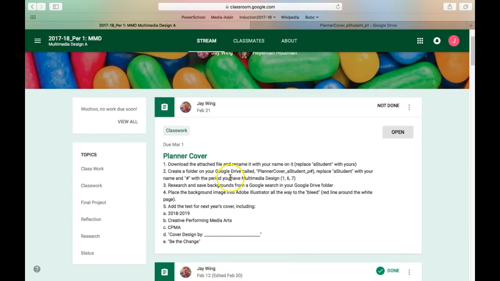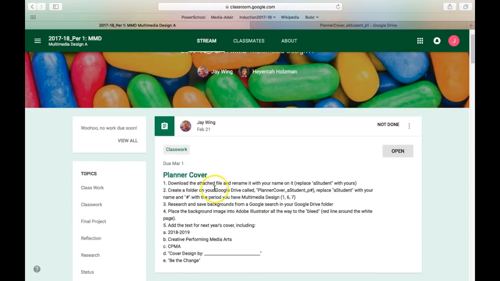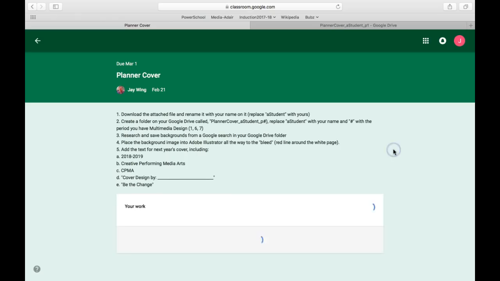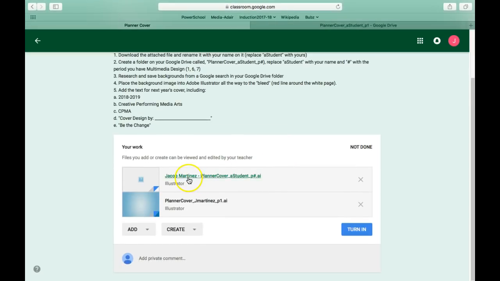In Google Classroom, all of the instructions are here. Download the attached file, which requires opening the assignment first, and then click on this. Notice that it already has your name on it. You're going to rename it to this because this is the naming convention that I've developed for our class. So after you download this one,